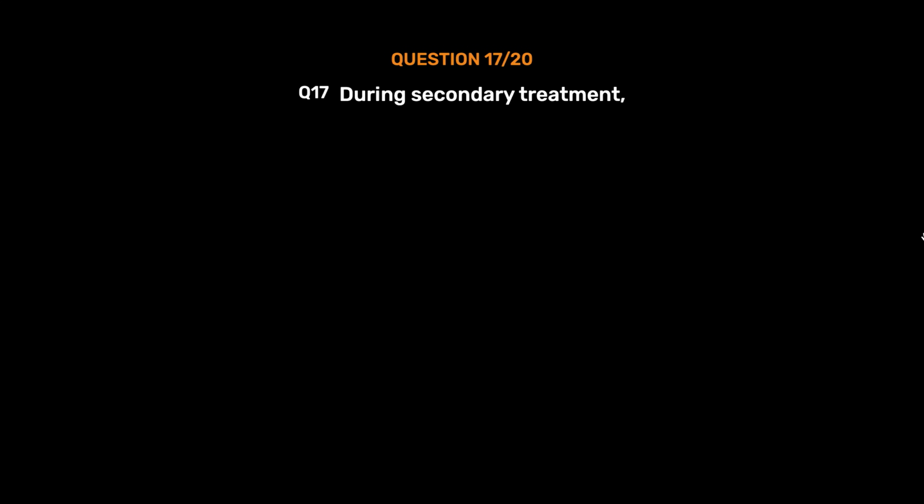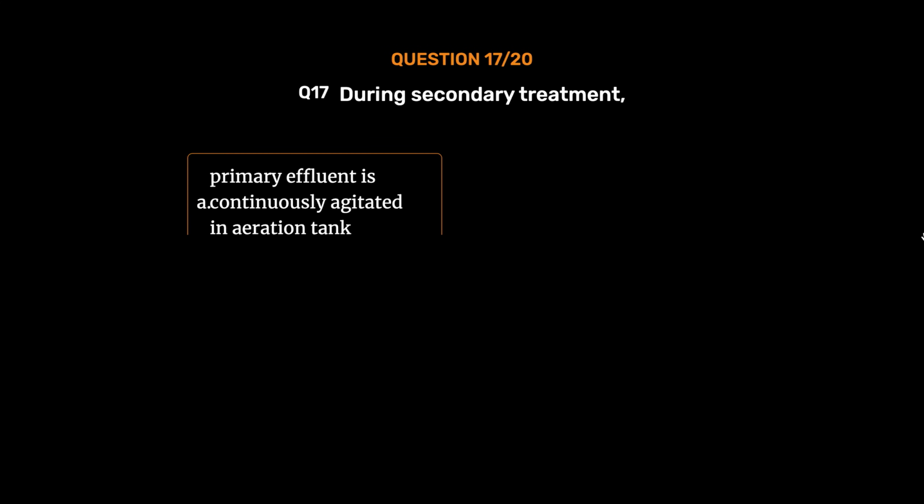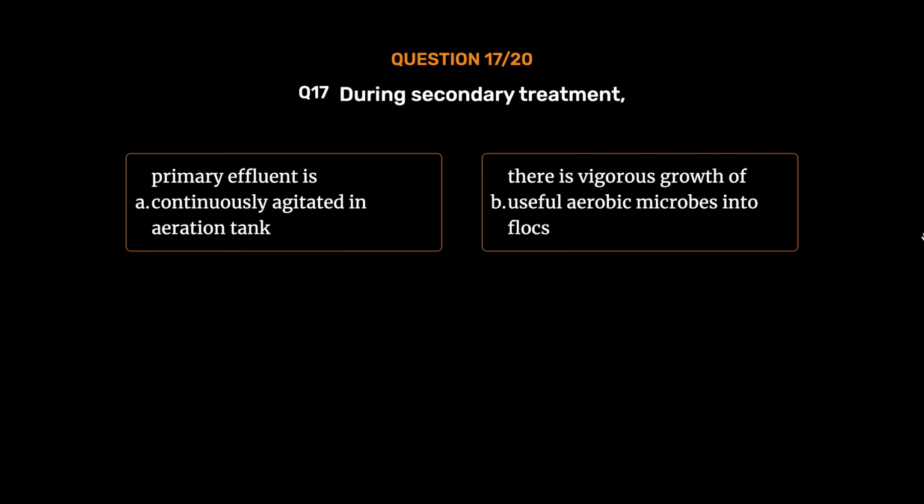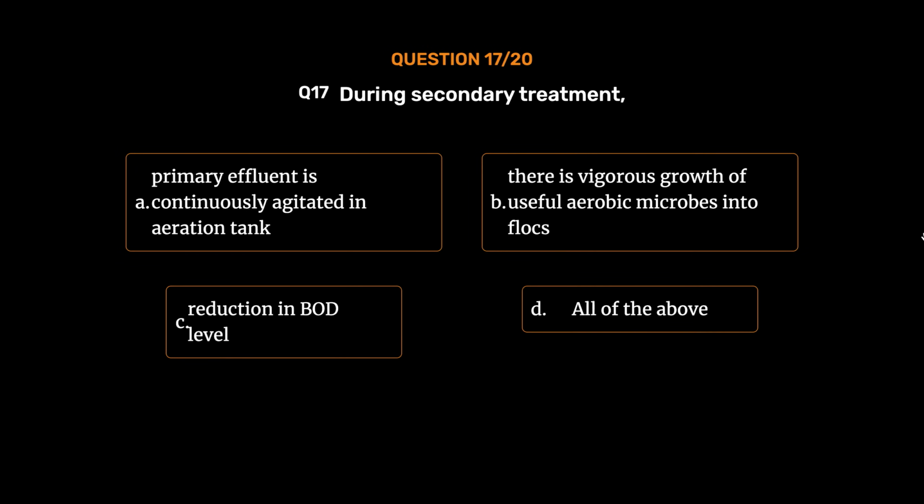Question number 17. During secondary treatment, option A, primary effluent is continuously agitated in aeration tank. Option B, there is vigorous growth of useful aerobic microbes into flocs. Option C, reduction in BOD level. Option D, all of the above. The correct answer is option D,